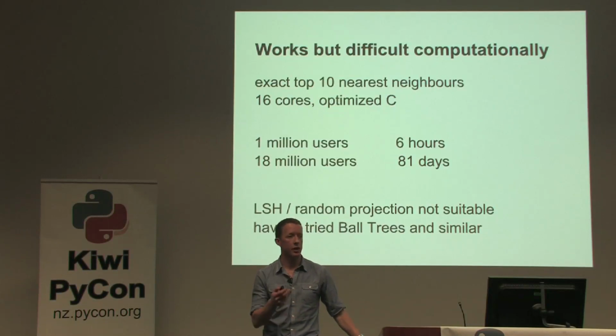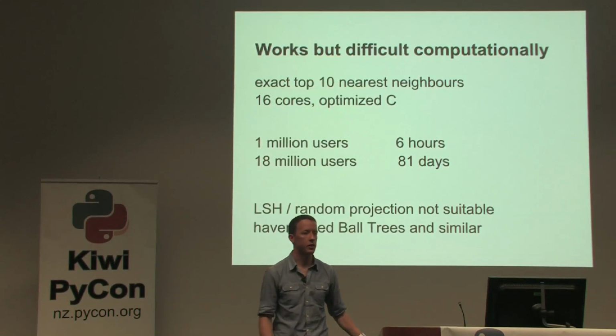Locality-sensitive hashing or data structures, again, they don't work too well. Like a computer scientist might say, we'll use a tree data structure. In 1,000,000 dimensions, it basically doesn't work.